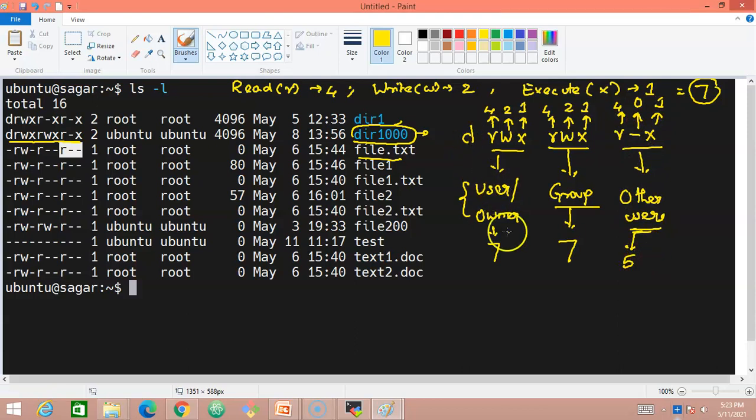So what we are trying to understand is that this particular directory has a numerical value of file permissions, which is 775. The moment you see this 7, you should understand this has all permissions: read, write, and execute. The next 7 belongs to the group, meaning this directory belongs to this particular group, and the group permissions are set as read, write, and execute, which is full permissions.